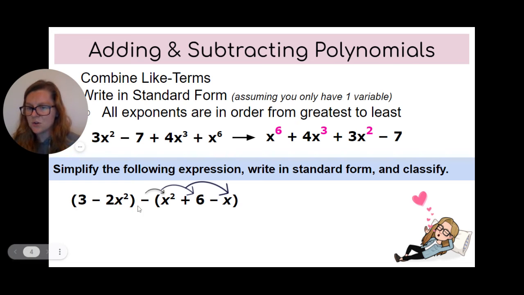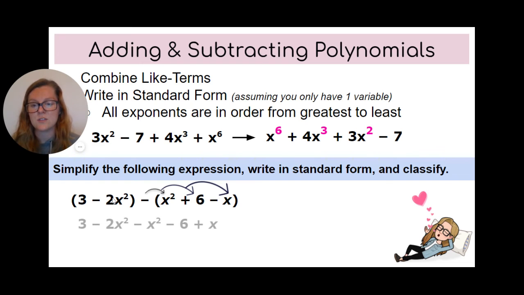This guy is also in parentheses, but really there's like an imaginary 1 right here. So if I were to distribute an imaginary 1, everything would stay the same. So I'm just going to take those guys out of parentheses. So I'm taking those guys out, distributing that negative, and now I'm going to see what I can combine. I notice that I have two constants or numbers, so I'm going to combine those together, 3 minus 6. I then have two x squareds here, so negative 2 minus 1 more.